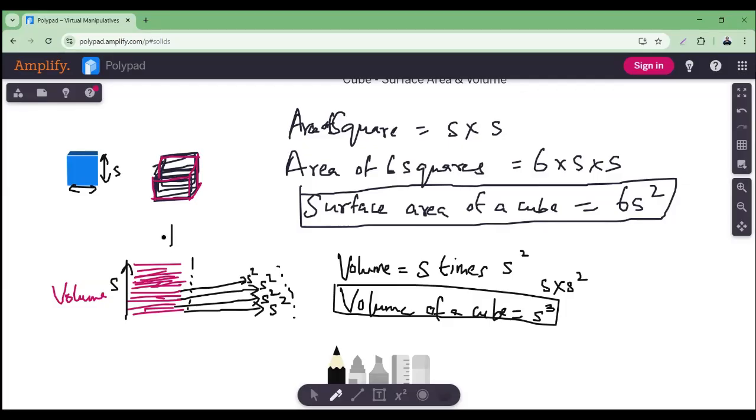I hope you understand this particular idea that I've explained very clearly. Just imagine square plates, and I'm stacking one square plate upon another. Why I'm doing this: we're going to use this idea in subsequent places when we are finding volumes of other solids also. So it's very important to understand this idea. When you understand how the formula has come up, you don't have to remember those formulas. You can just remember the shape and the area of a square. Area of a square is s square. Using that itself, you can come up with the surface area of a cube and the volume of a cube as well.